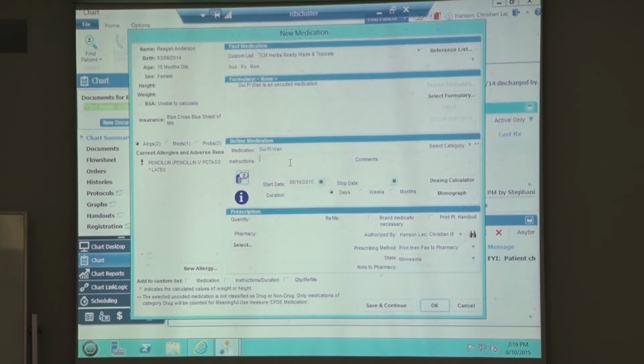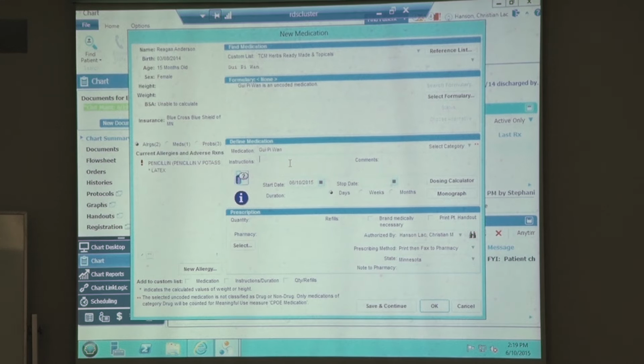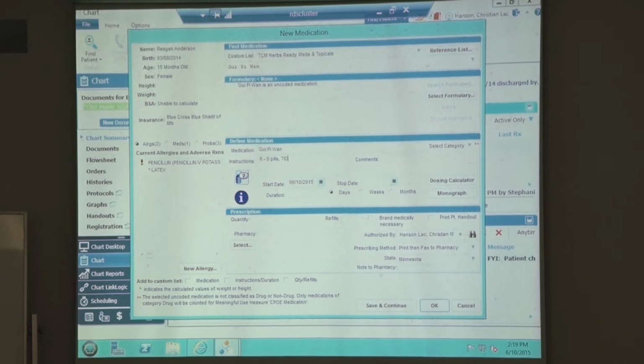Under instructions, this is where I would give the dosage instructions. So I'm going to say 6 to 8 pills 3 times a day. I'm going to select the category of non-drug. Under comments, if I need to communicate anything to the actual dispensary, to the dispensary assistant, I would